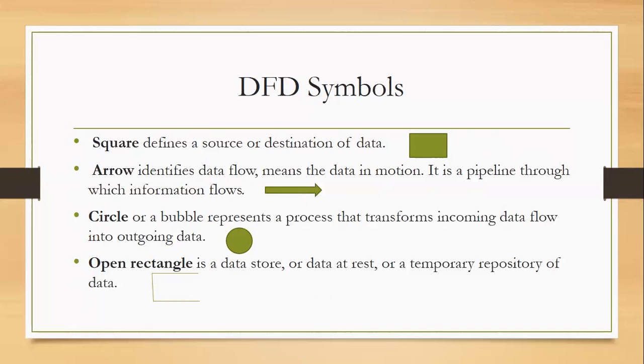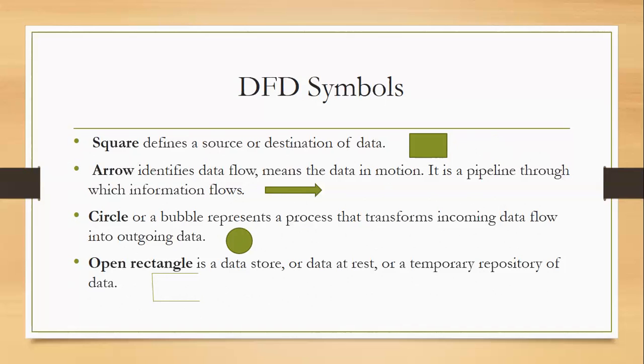into outgoing data flow. Here I'm taking one example. For example, there is some data available in RAM, right? But I want to use that data, so I will access the RAM, or we can transfer it to cache memory. The transmission from RAM to cache memory is done with the help of the processor, and that processor helps to process the data.